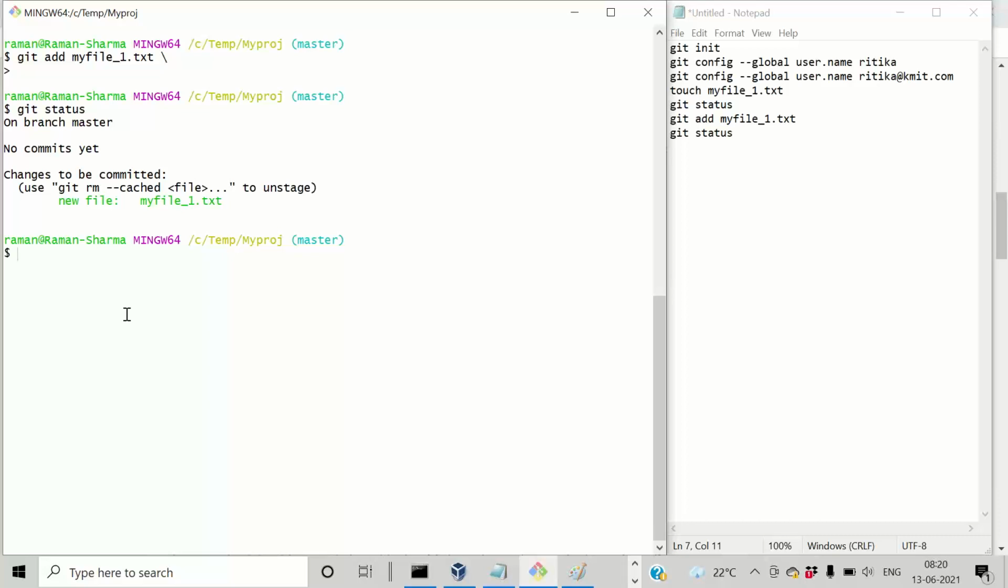Now when I commit the file, it will record the author name and author email ID. Because I have set the global configuration file for this user, it will be recorded as author name Ritika and author email ritika@gmail.com. Okay, so let us see that. If I say git commit -m,